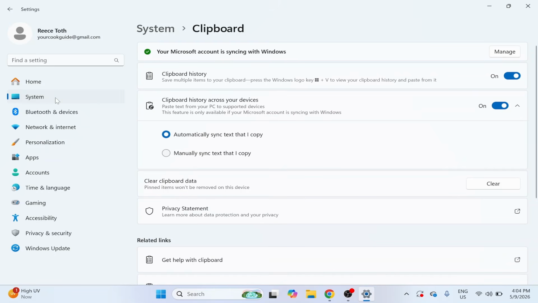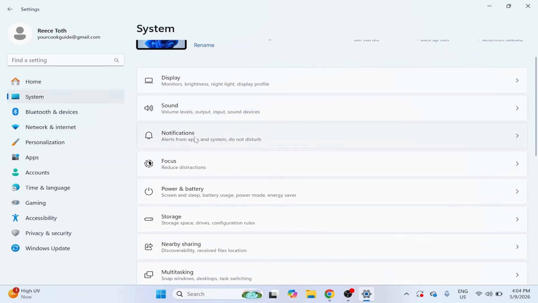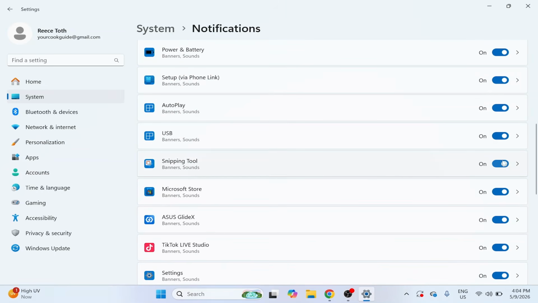You can then come back over to System from the left hand side and this time click on Notifications. You'll then need to scroll down until you see the Snipping Tool and make sure notifications are turned on. If it's still not working after applying these steps, you'll need to click on Apps from the left hand side,